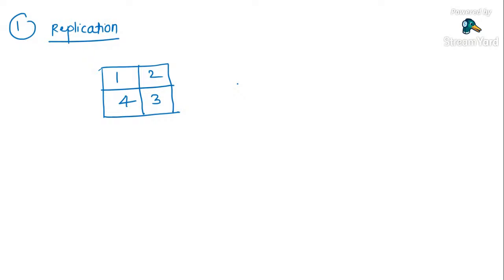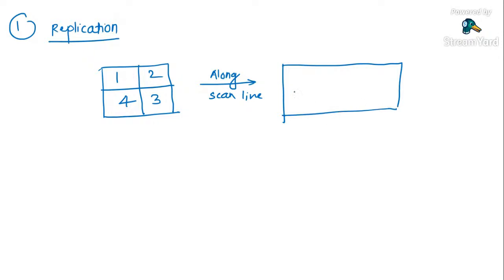First of all, repeat each pixel along the scan line. So 1 is repeated, 1 1, then 2 is repeated, 2 2, then 4 4,